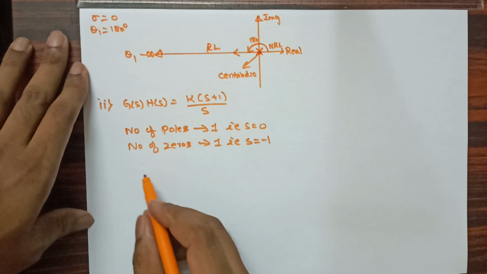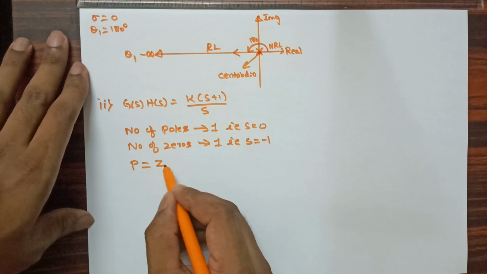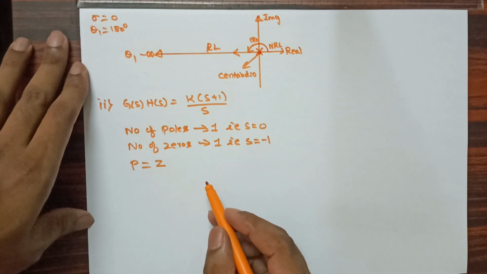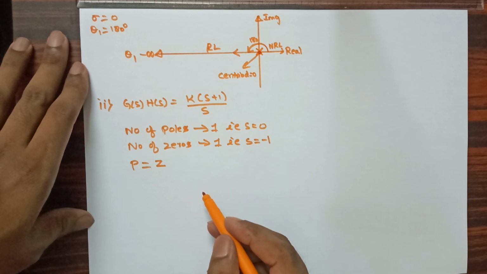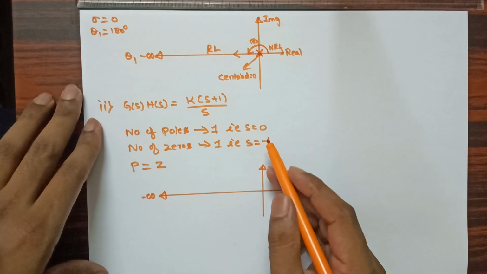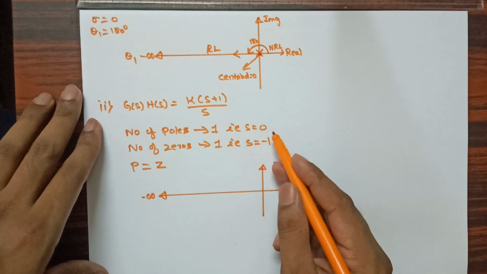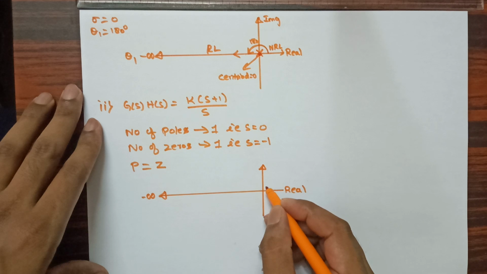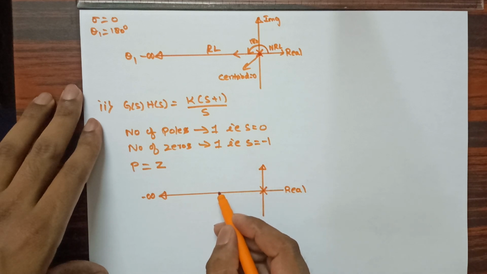In this you can see the number of poles is equivalent to the number of zeros. Now first, before proceeding further, we are going to plot the pole-zero plot, and then we are going to identify the root locus path. On this real axis we are going to locate the pole value and zero value. The pole value is s equal to 0, that is at the origin, and the zero value I will be considering at